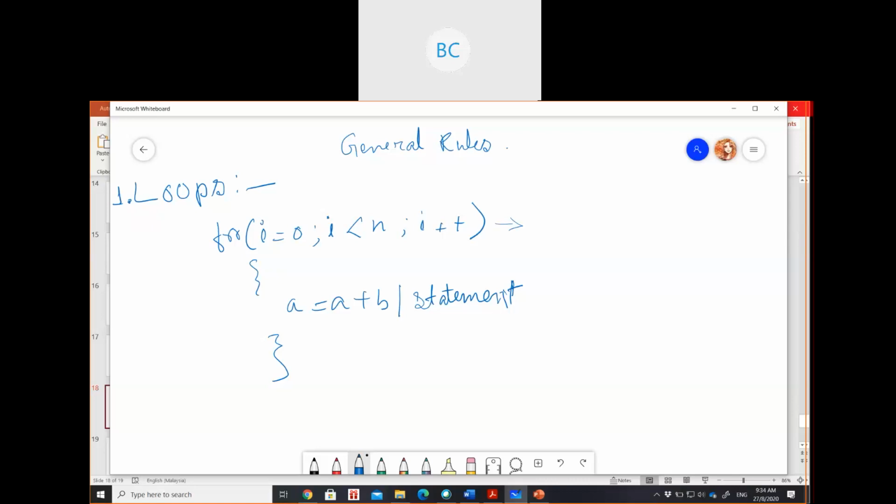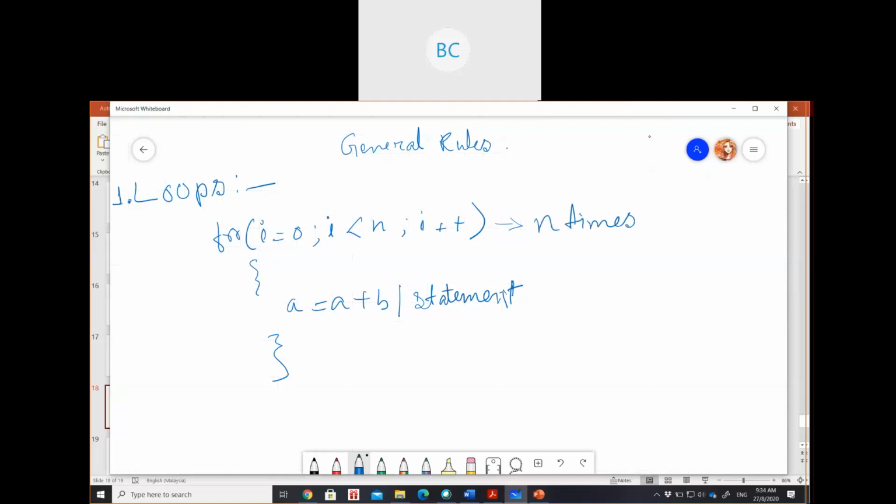Just think about how many times this for loop will run. Answer? Anyone? This for loop will run for n times.